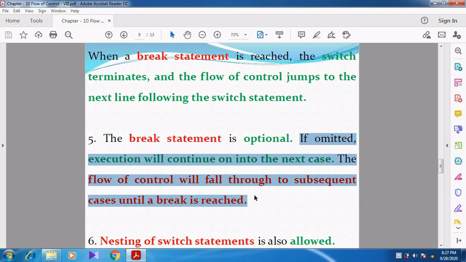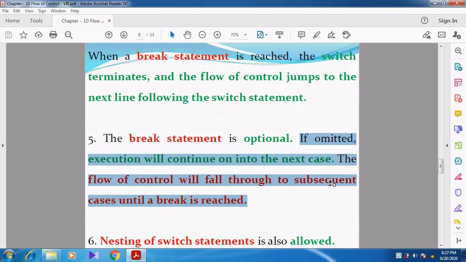If you omit the break statement, the execution continues into the next case. The flow of control will fall through to subsequent cases until a break is reached. So until the break statement is reached, all the other statements will also be executed. That is unnecessary.